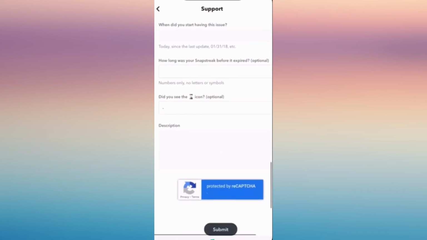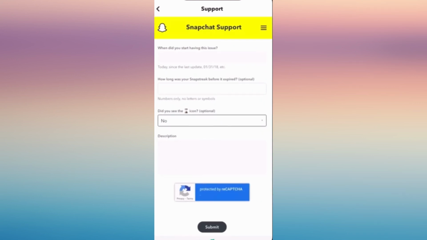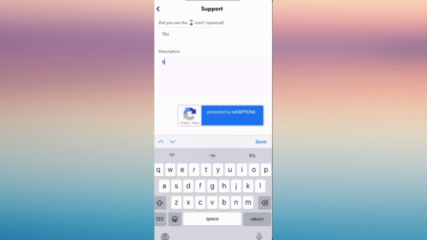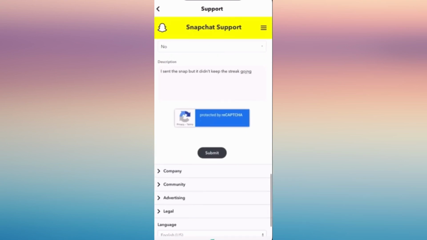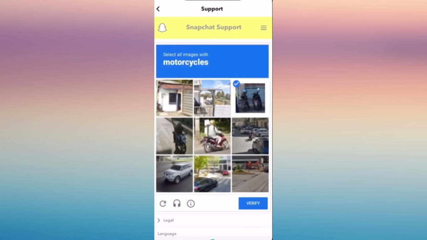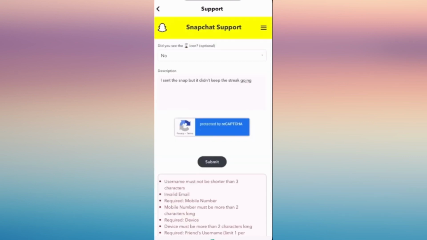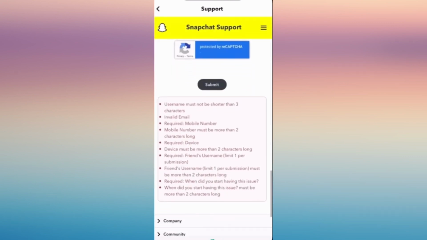So here, and if you see this icon, you can click yes or no. So if no, then for the description box, you can just describe in a sentence what happened for them to attend and to really understand the problem. So maybe you can just put: I sent a snap, but it didn't keep the streak going. And just continue and do these things here to verify that you are a person, and click submit if you're done, and wait for